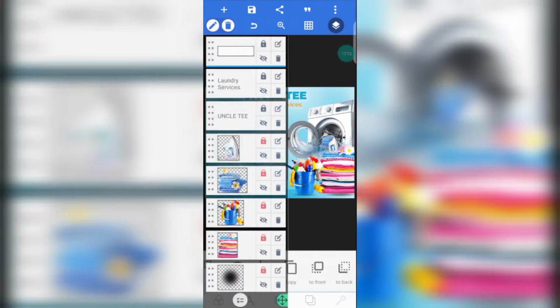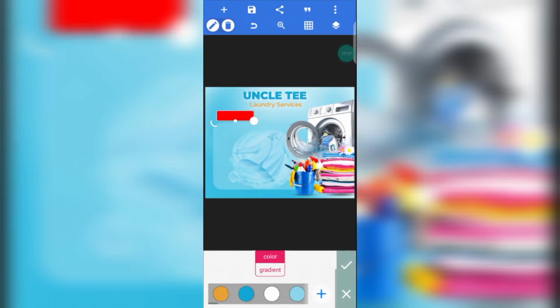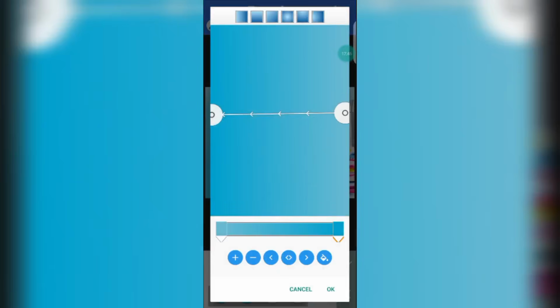Now highlight the shape. Go to color, enable it, click on gradient. This time around we'll be using gradient because of uniformity in color, and this is the color we'll be using. Let me show you how I got these two colors in my color wheel. Click on your plus icon. Now for you to pick this color here,